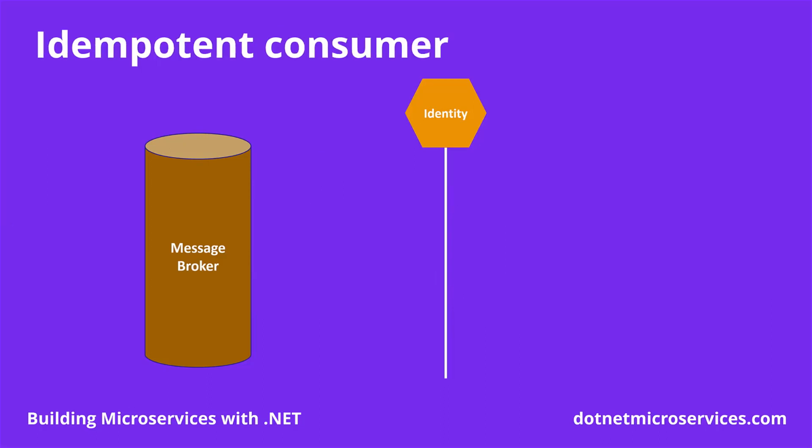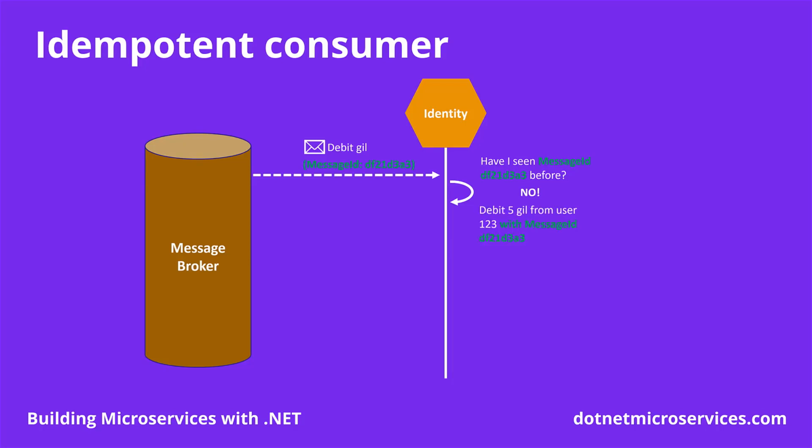Here's where the idea of having an idempotent consumer comes into place. When any service consumes a message from the message broker, it usually includes a unique identifier, a message ID. This message ID comes as part of the header of the message and will be included anytime the broker redelivers it to any consumer. So this time, when identity receives the message, it first asks the question, have I seen this message before? This likely translates into the service querying its own database, where it would have stored any previously received message IDs. Since this is the first time it receives the message, it can't find it in the database,